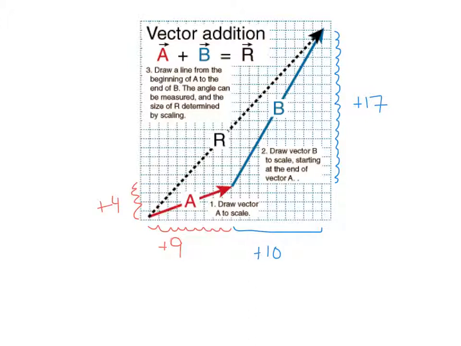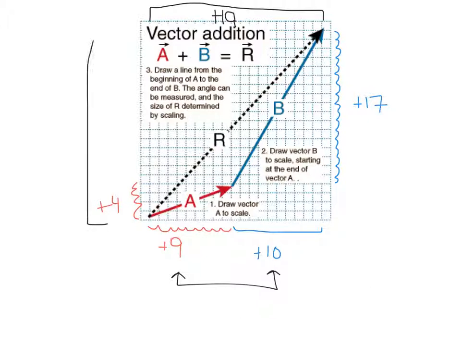And if you were to actually calculate the length of resultant R, it would be 19 units to the right, which is from here all the way to here. Okay, where does that 19 come from? The sum of these two. And then from the bottom all the way up to here is going to be 21 units up. And where does that come from? It comes from the 4 here plus 17 here. But the concept of solving graphically